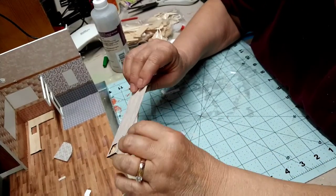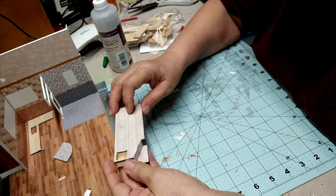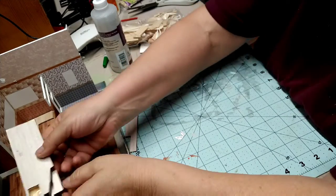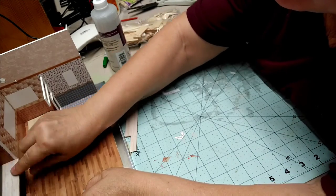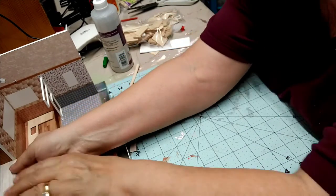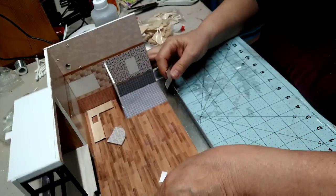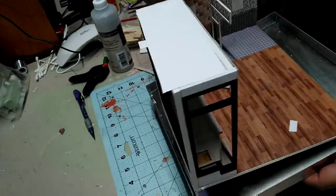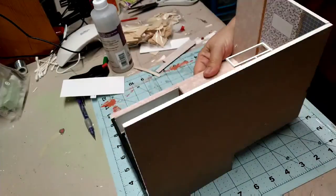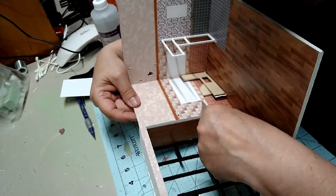Okay, so this part's solid, and that part's solid. So it should just go in there. Let me move it forward. Maybe I can turn it this way. So this piece should